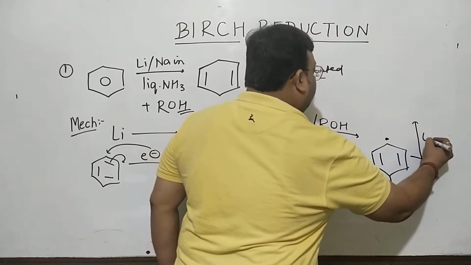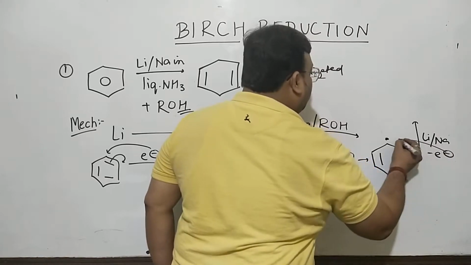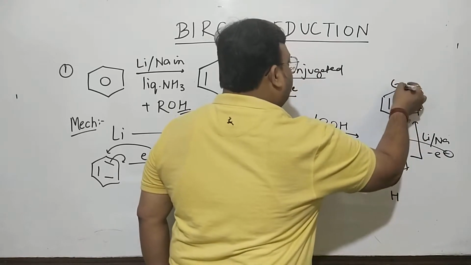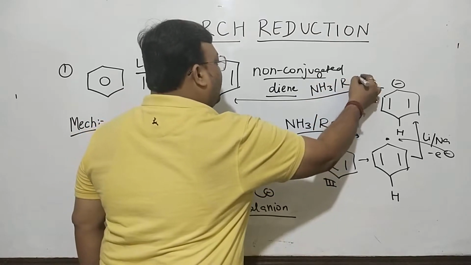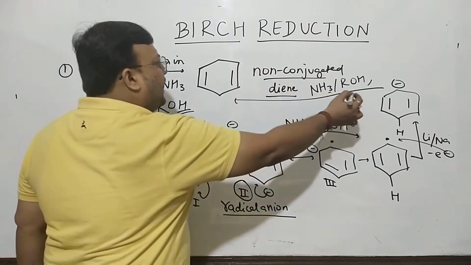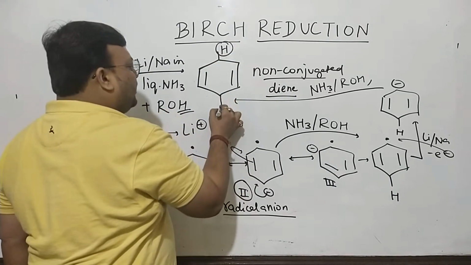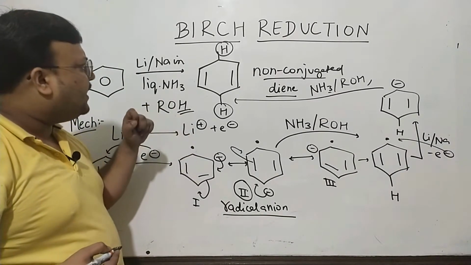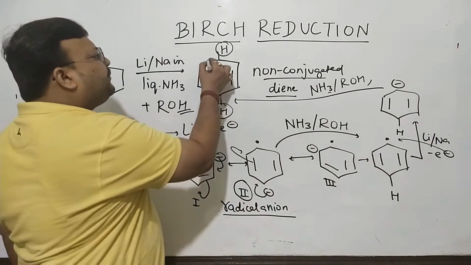Another mole of lithium or sodium losing another electron, this can lose another electron, and if this electron comes here, you'll have a negative charge here, and again ammonia or alcohol can provide this hydrogen, and it will get this hydrogen. So you're getting a hydrogen here, you're getting a hydrogen here. I told you in presence of alcohol, alcohol will be the proton donor, otherwise ammonia can donate hydrogen. You see the two hydrogen coming at the two para positions, which are also like positions 1, 2,